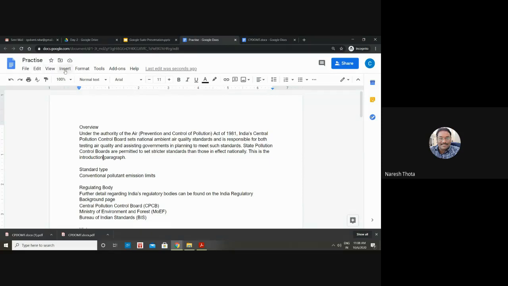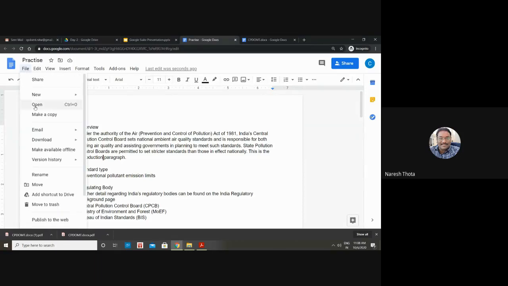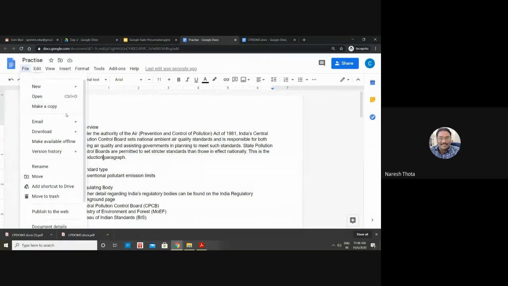The other menu tabs you can go through leisurely, but I want to explain some of the things which you can do. You can create a spreadsheet from right here itself, or a presentation, or a form, or a drawing, Google Drawing also. These things we will go through one by one. You can open a document which you already have in your drive or in your computer. The other thing that I want to show is this email as attachment.